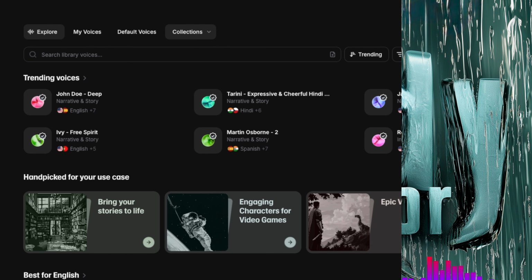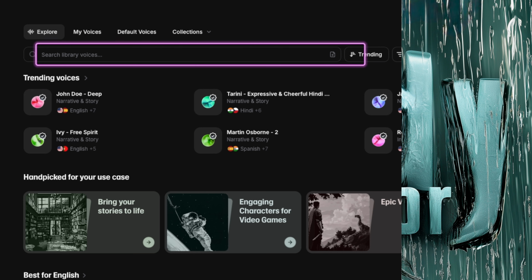Then we have the final and new tab, Collections. Here you can organize voices into personal collections. We'll take a look at that after we check out the UI changes. Before you do any searches, organization, or filter changing, you'll first be presented with this current version of the Explore tab, where it has a few trending voices at the top, and you can click the little right-pointing chevron to